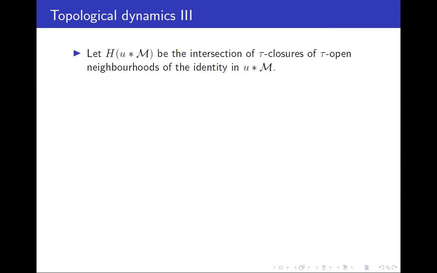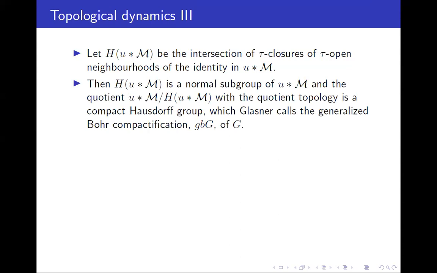Now we take the intersection of the Tor closures of all Tor open neighborhoods of the identity in this group U star n. It's a normal closed subgroup of U star n. It's closed because it's the intersection of closures of things. And the quotient with the quotient topology turns out to be a compact Hausdorff group, which Glasner calls the generalized